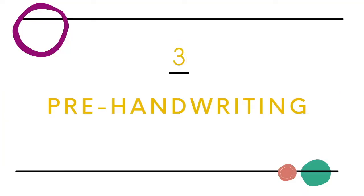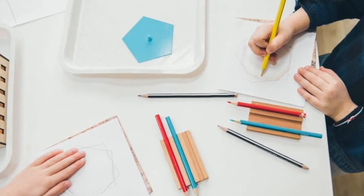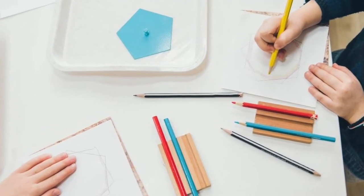All right, so tip number 3 is to start off with what we call in Montessori preliminary handwriting exercises. What this means is children work on following along with different shapes and lines until they've gotten the hang of the hand and eye coordination and tracing the lines. Once they've got the hang of that, then they'll later work on